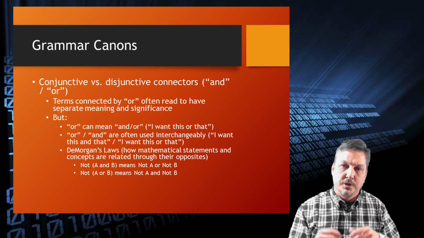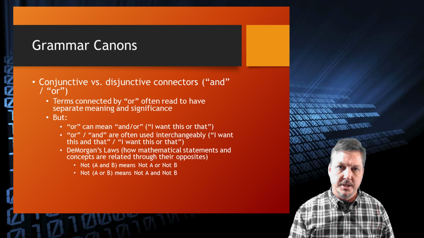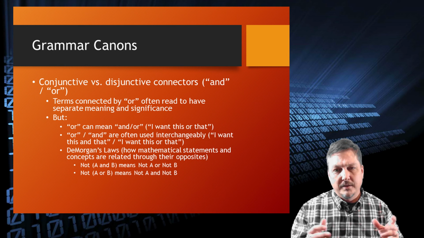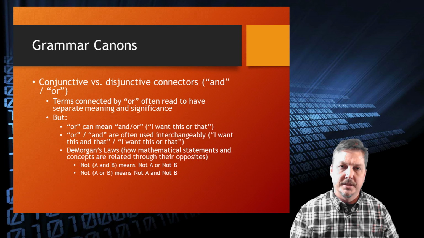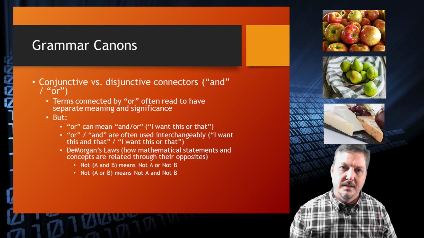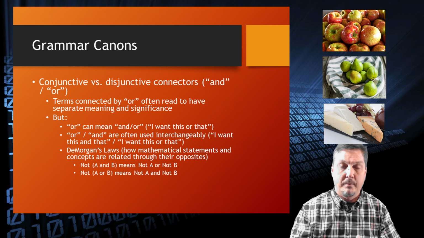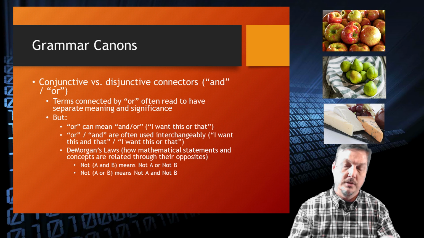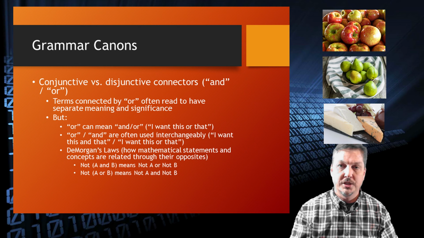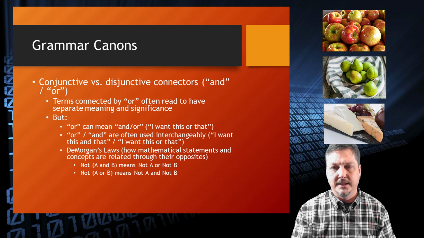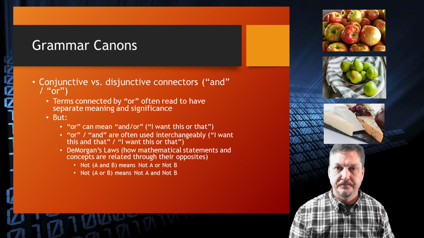There are also cases in which "or" and "and" could be used interchangeably. So think about this example. The following three foods can satisfy the requirement of this statute: apples, pears, and cheese. Well, does that mean that you have to deliver apples, pears, and cheese all together to satisfy the statute? Or does it mean that you can deliver any one of those three, in which case really the "and" functions as an "or"? So you just have to be careful of the context. Now maybe that's not the best drafting, maybe it should say "or" there, but that's a possibility.